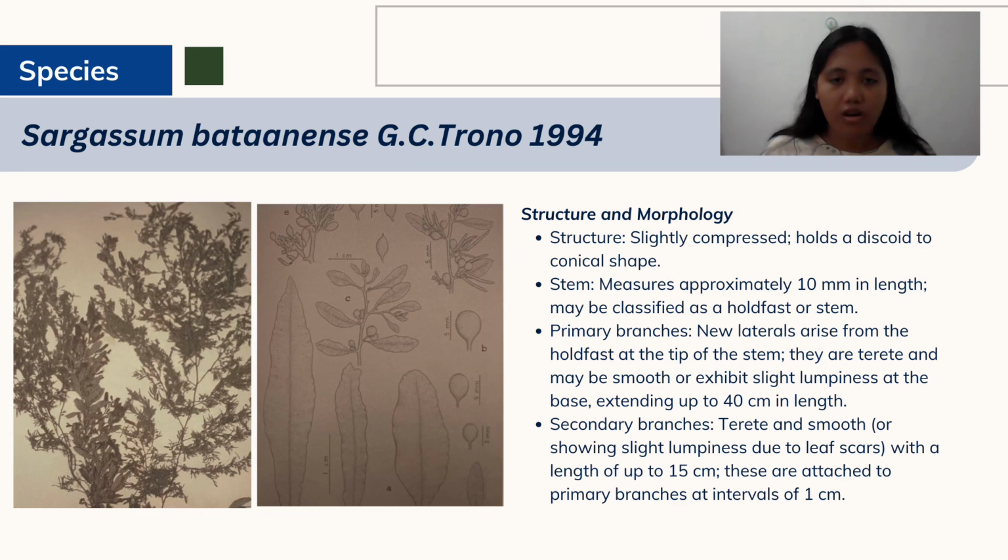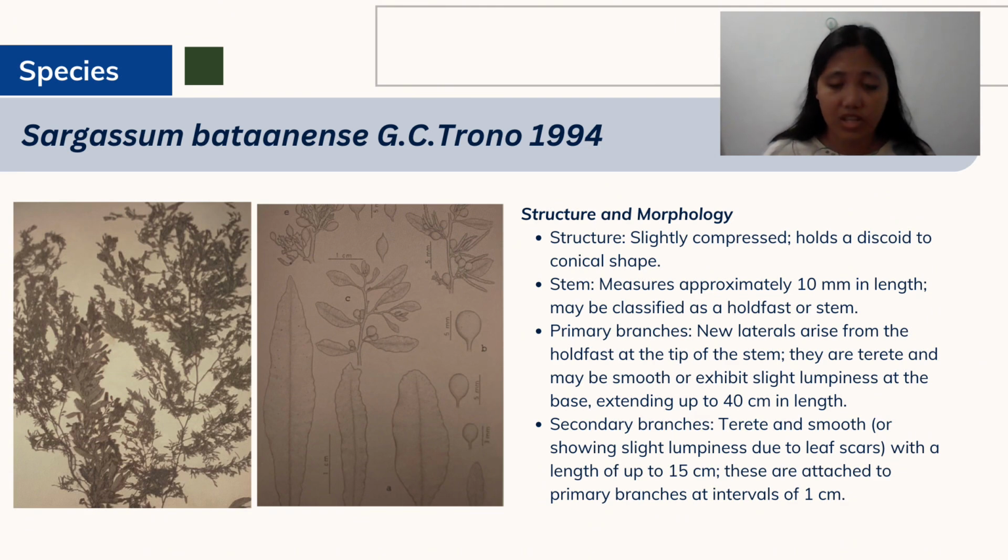Now, we're going to talk about Sargassum bataanense. The structure and morphology of Sargassum bataanense has a structure that is slightly compressed, which holds a discoid to conical shape. Its stem measures approximately 10 millimeters in length and may be classified as a holdfast or stem. The primary branches of Sargassum bataanense have new laterals that arise from the holdfast at the tip of the stem, which are terete and may be smooth, or may exhibit slight lumpiness at the base, which extends up to